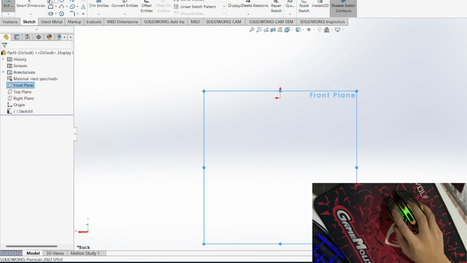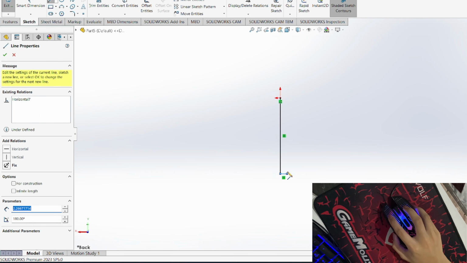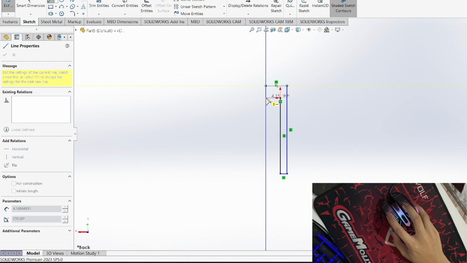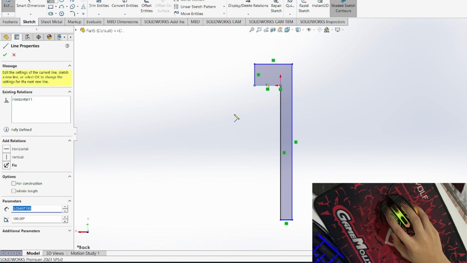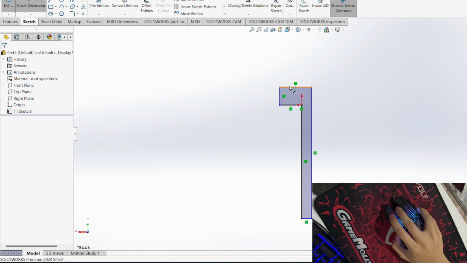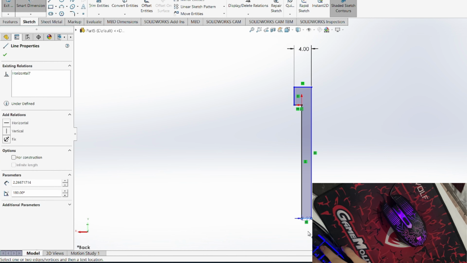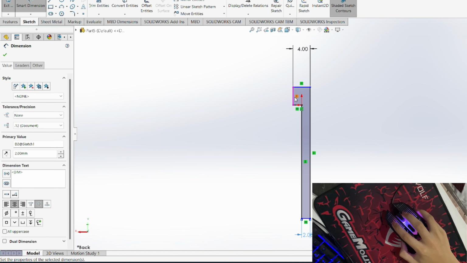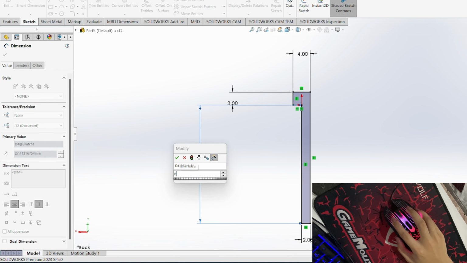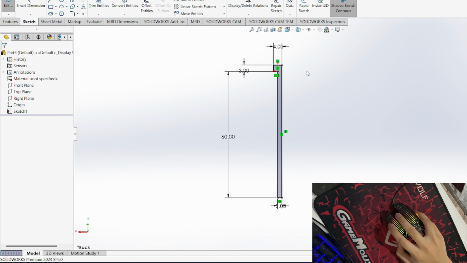So we will be using extrude boss, swap boss and base rather. I will explain it to you why later. So let's draw the half of our pin. Since it is half, we will put this in 4 and this in 2, this in 3, and this measurement is 60 millimeter. So now that we were done on the pin height dimensions,